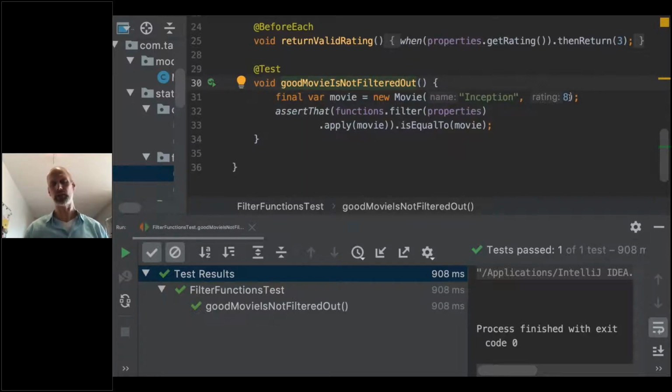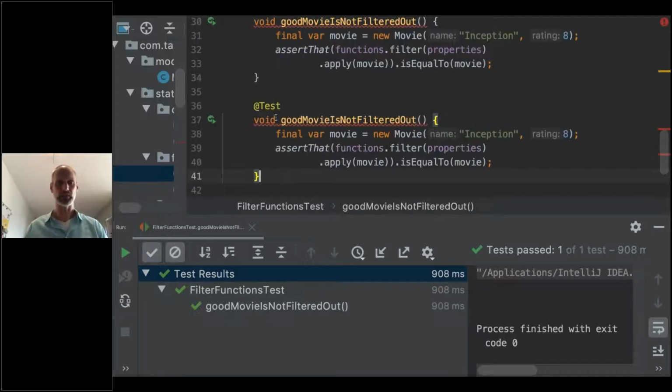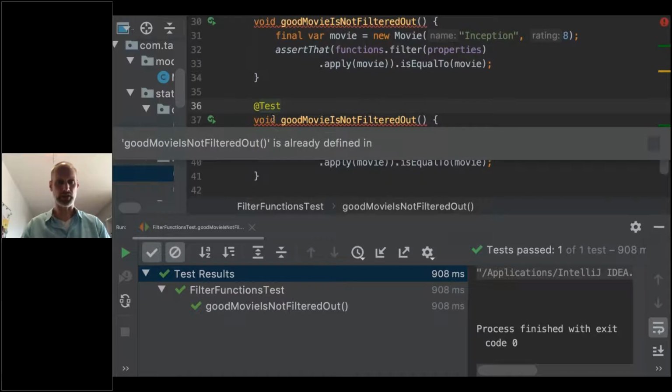Well, as you can see, we're testing now for a movie with a rating of 8. There's a lot of other cases where a movie should not be filtered out. At least 3 should not be filtered out. Maybe 10 should not be filtered out as well. We want to test all of that. And we're going to get very tired if we have to make a test method like this for every single instance that we want to test, for every single value that parameter can get. So I'm just going to copy this test and change it a bit into a different test,